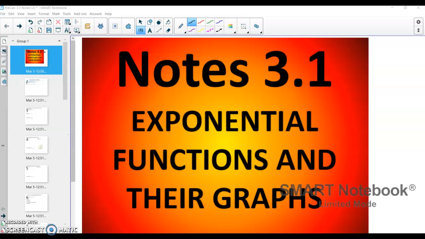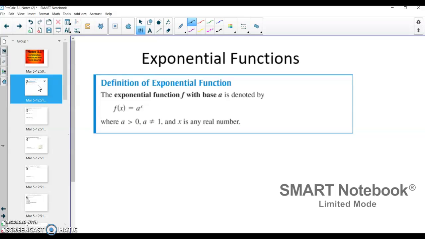Okay, here are the video notes for lesson 3.1, exponential functions and their graphs. Throughout this chapter, we do focus heavily on exponentials and logarithms, and today is going to be our first look at some of that, starting off with just your basic exponential function, which is base a raised to the x,